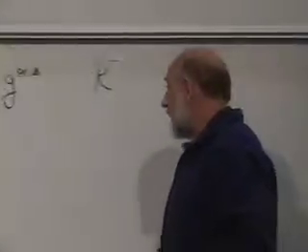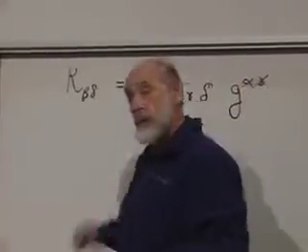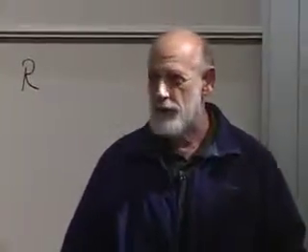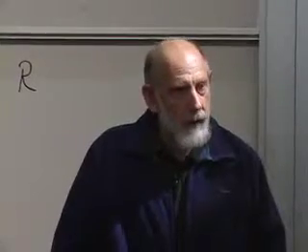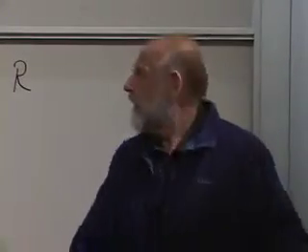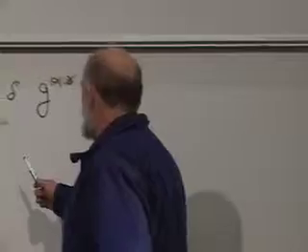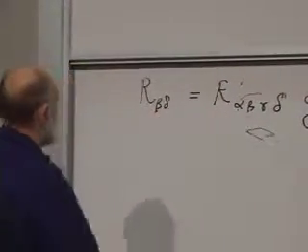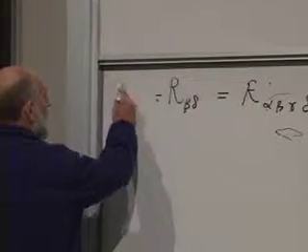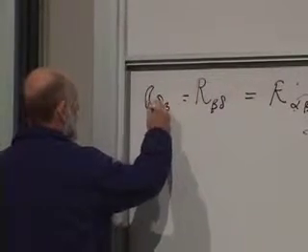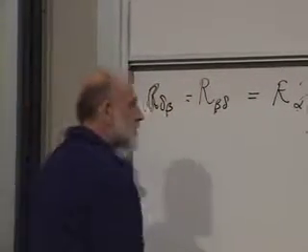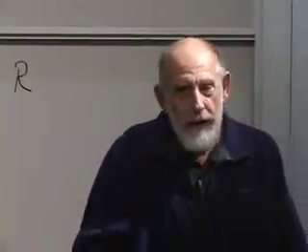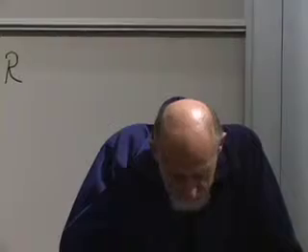It's made out of the Riemann tensor, but it has only 2 indices, and it's symmetric. The symmetries of the Riemann tensor assure that this is symmetric. So this is also equal to R delta beta. That's the Ricci tensor, and it plays a very, very big role in the dynamics of gravity, even though it